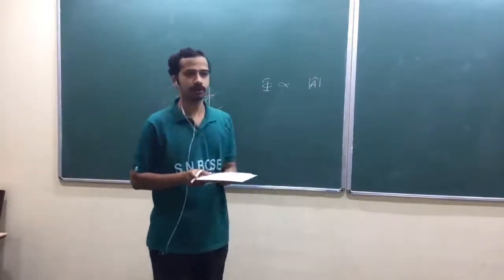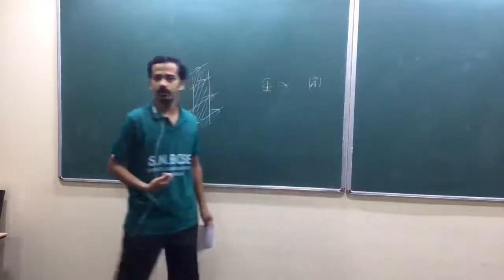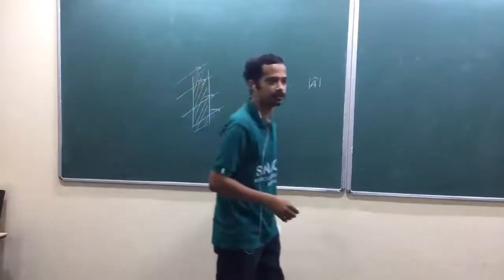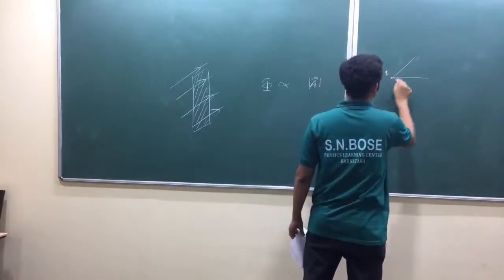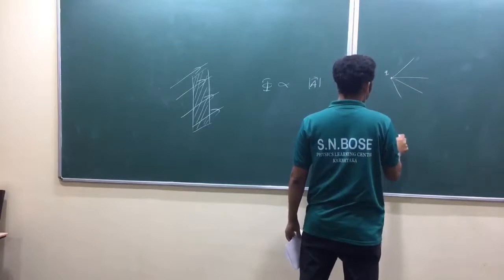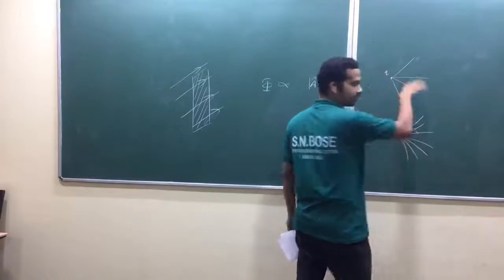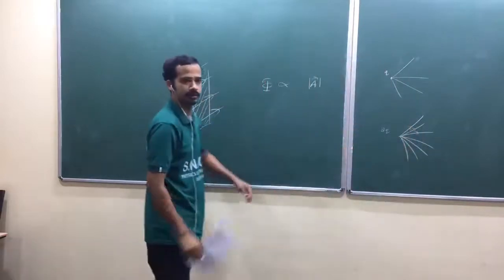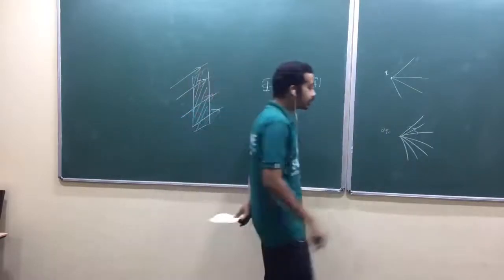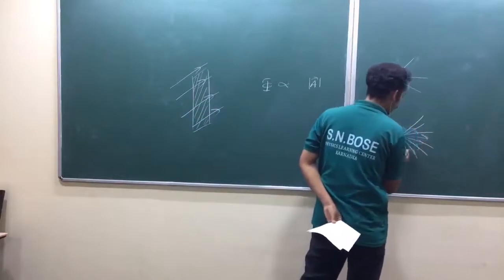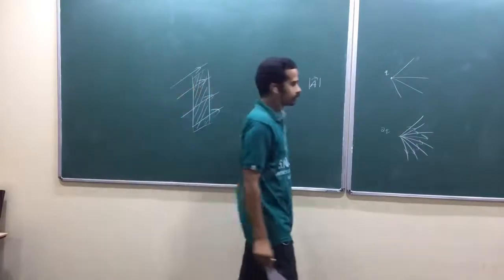And that is also proportional to, remember, I told you one idea: whenever field strength is more, you have to draw more field lines, isn't it? That's one of the ways. Suppose here I have charge Q, you may draw field lines like this. If you have a charge 2Q, you have to draw still more field lines, not only in this direction, in all directions. Are you getting my idea? If charge is increased, obviously field strength is increased. Am I right? How do you show that increase in the field strength? By increasing the number of field lines, by increasing the density of the field lines. Is that okay? That's how you have to show it.